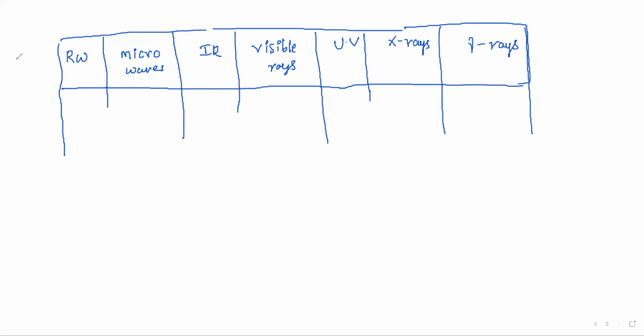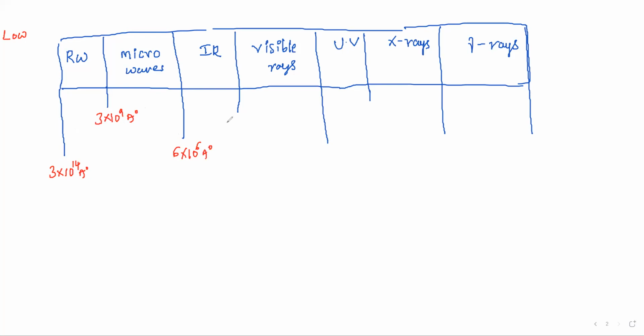Okay, now that means here, this is low frequency. I will write the value of this with respect to angstroms. Here this is 3 into 10 to the power of 14 angstroms, and this one microwaves 3 into 10 to the power of 9 angstroms, and this is 6 into 10 to the power of 6 angstroms,